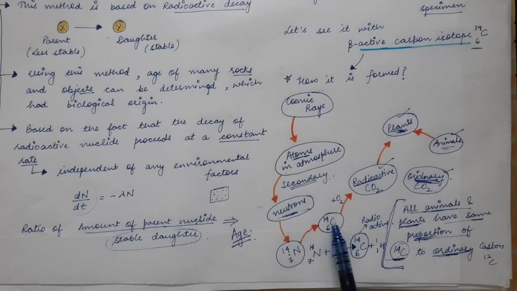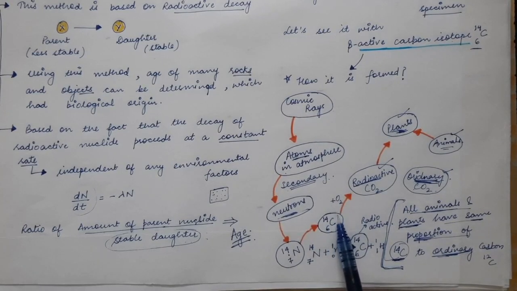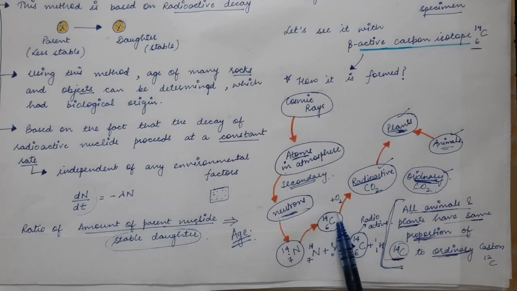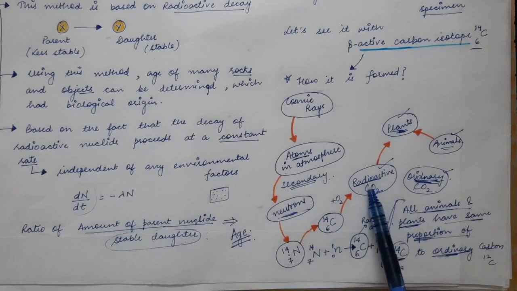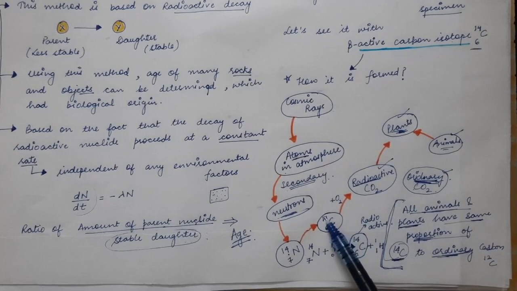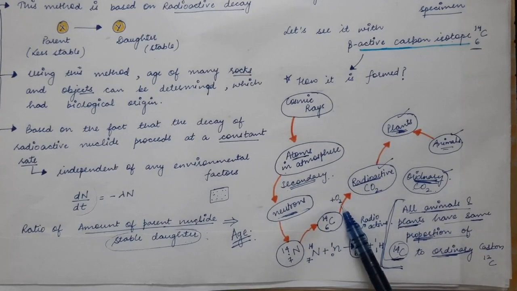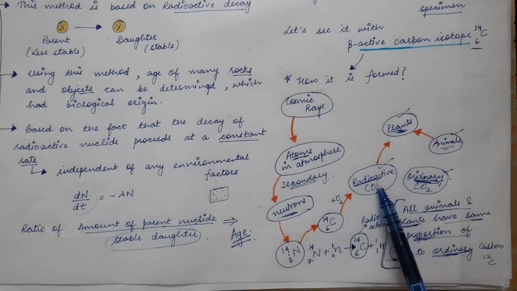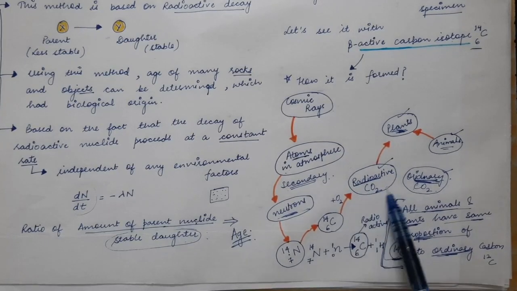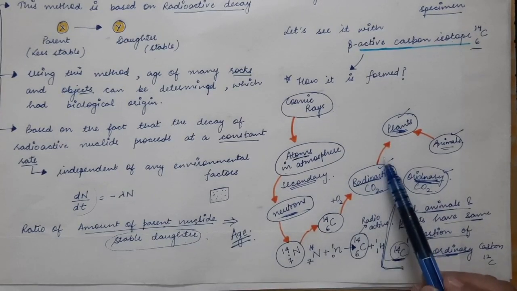Now this carbon-14 combines with the oxygen molecule which is present in the atmosphere, and it will result in the formation of radioactive carbon dioxide. So this radioactive carbon combines with the oxygen molecule, and it will give the formation of radioactive carbon dioxide. Now this radioactive carbon dioxide is continuously